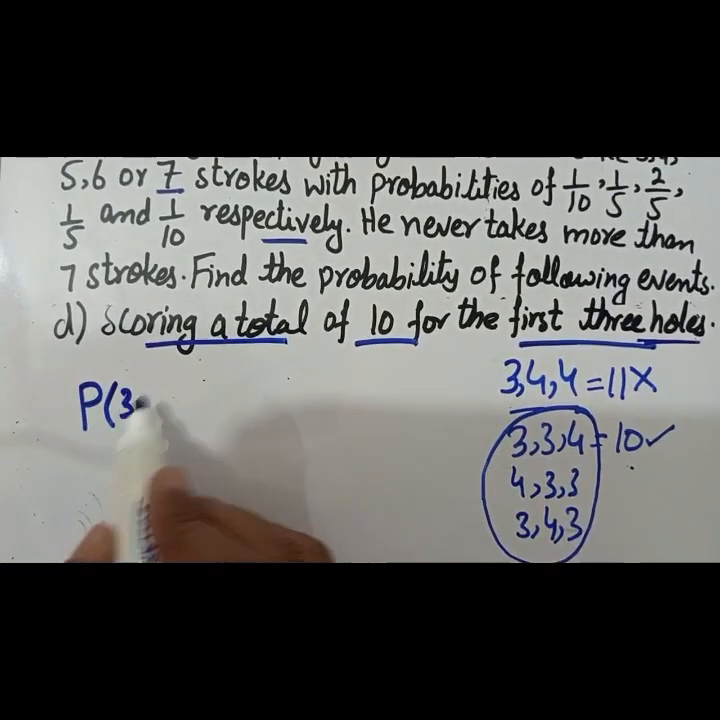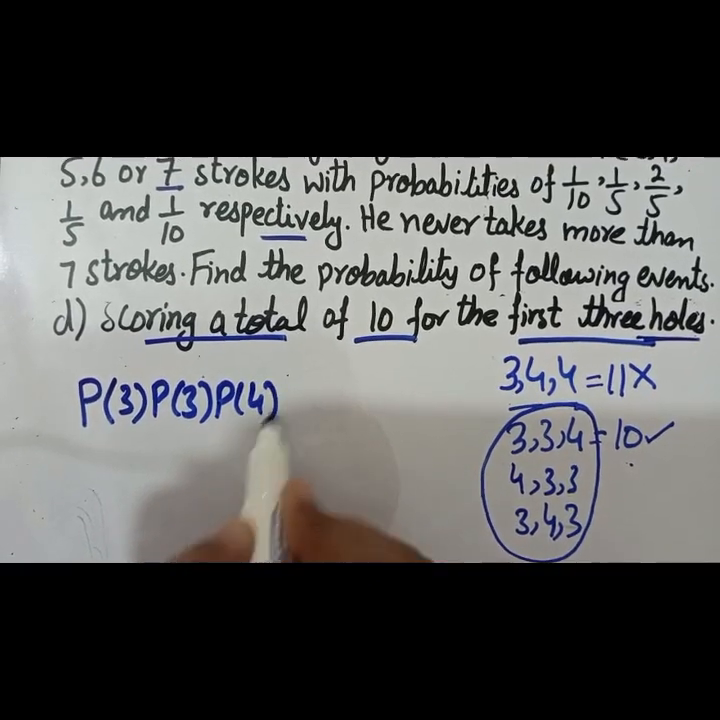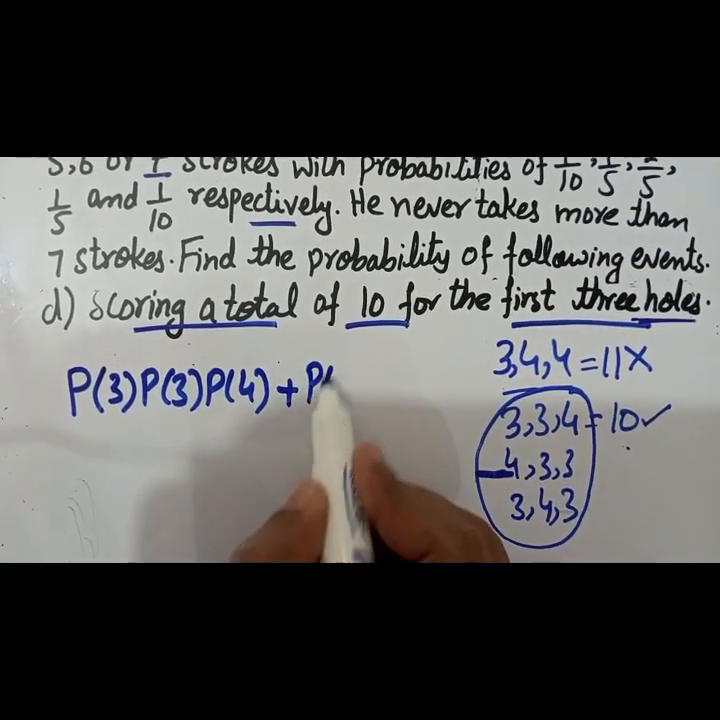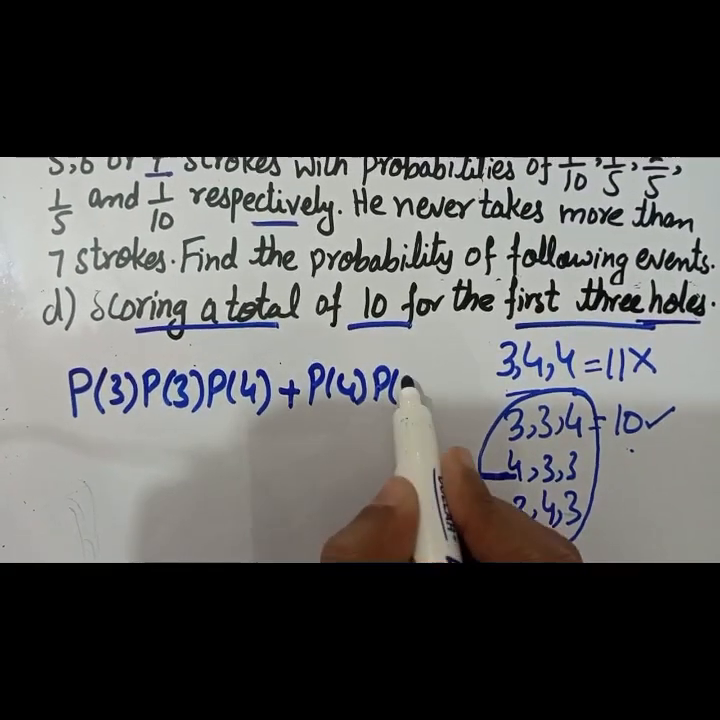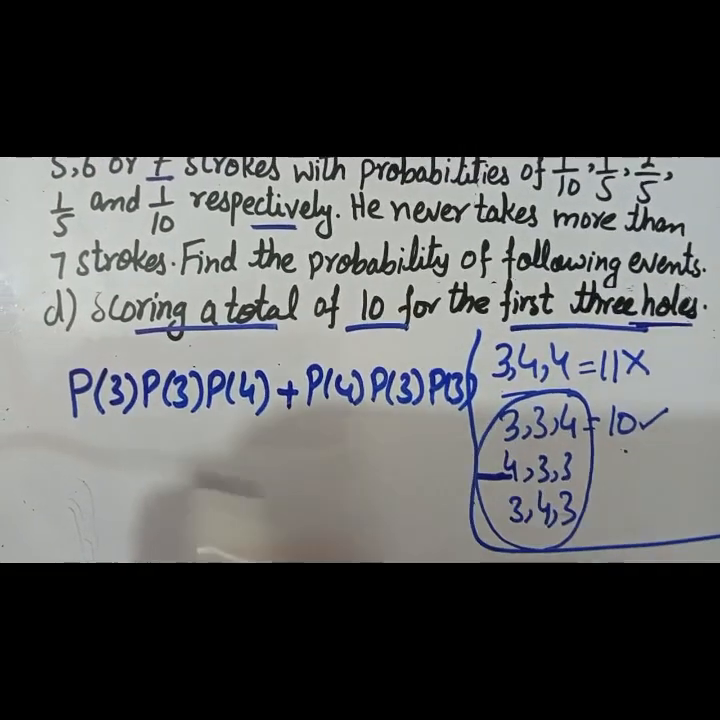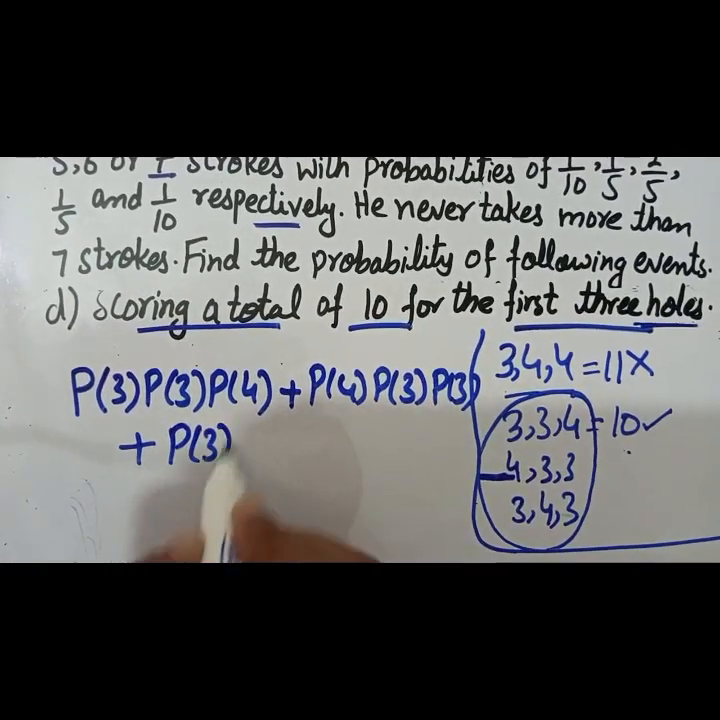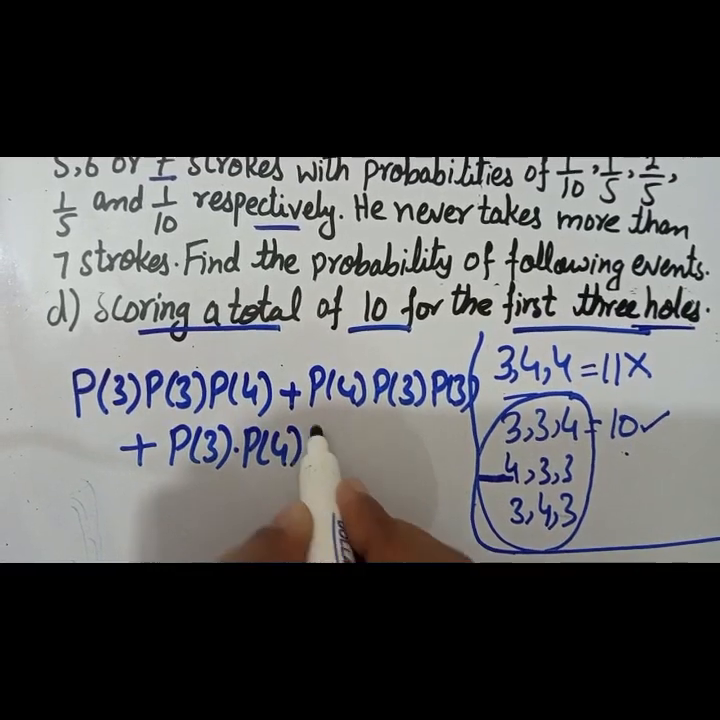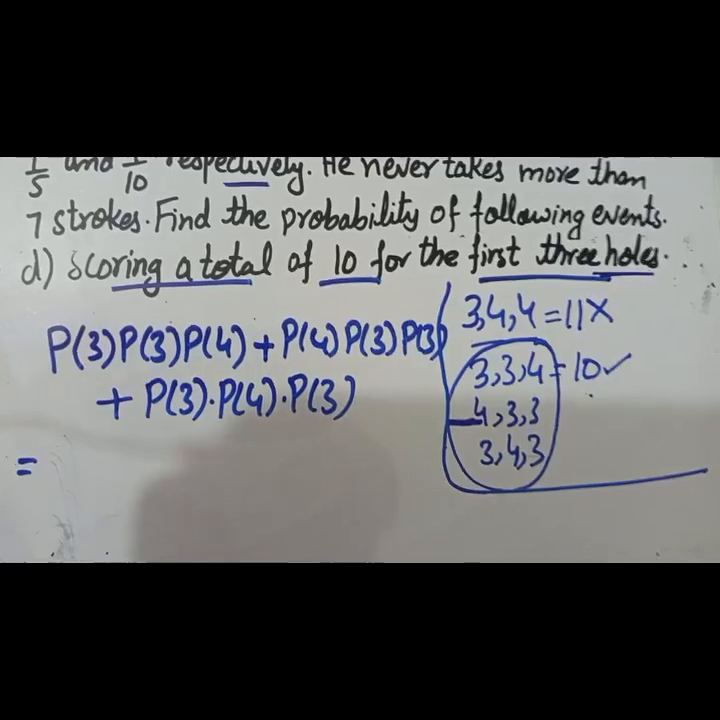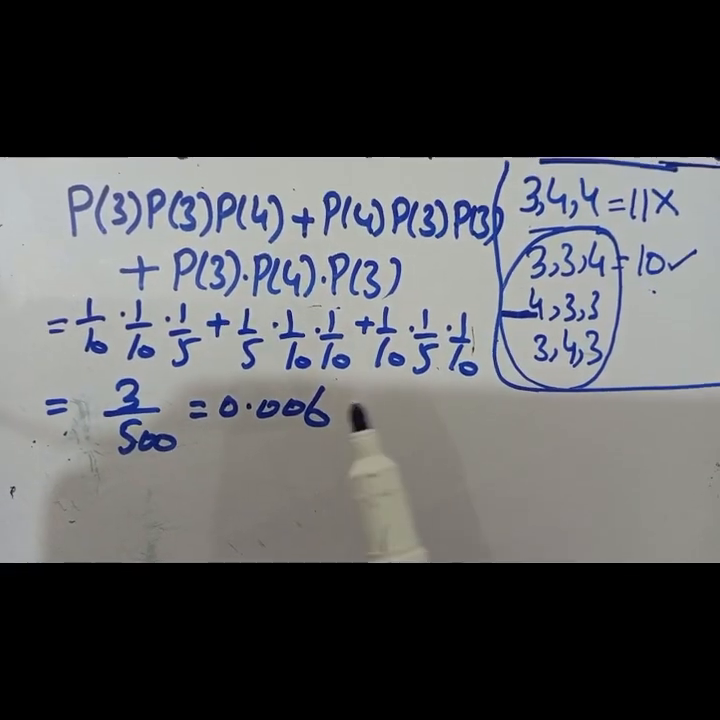So what will be our answer? The probability of the first case is the probability of 3, the probability of 3, the probability of 4, then plus the probability of 4, the probability of 3, the probability of 3. This is rough work, you are not supposed to write this in your answer. Come to the next part, 3, 4, 3: probability of 3 multiplied by the probability of 4 multiplied by the probability of 3. On inserting the respective values, we will get the answer